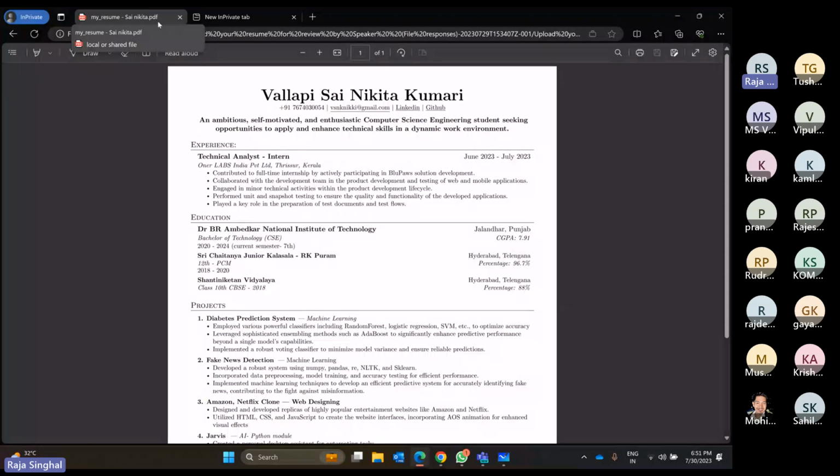So I already shared the templates and the overall format. Content is missing, and content-wise, I already explained a lot of things in this session. So you can create your own content by following my advice. And for the template and the alignment, you can see that resume. I will also share that link with Vishaka. She will share it with you as well. Sure, sir. Is there any more resume that you want to share?